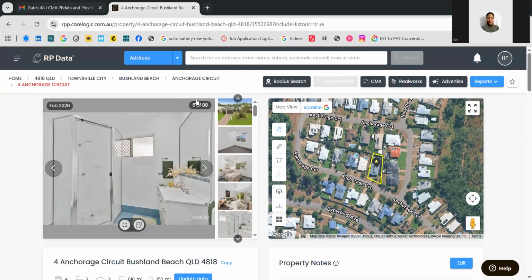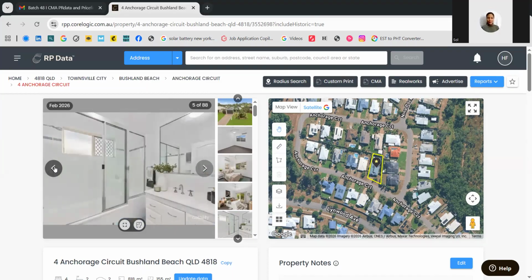search the property. At the very first page, you can see the image of the property.